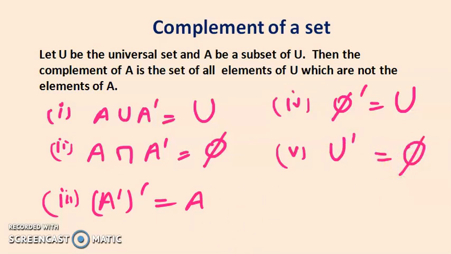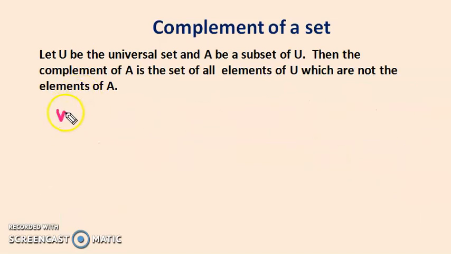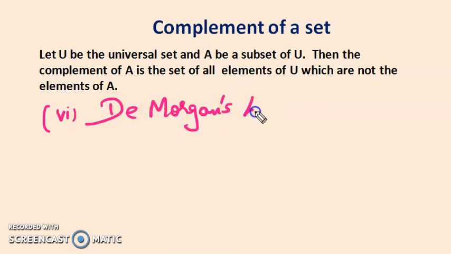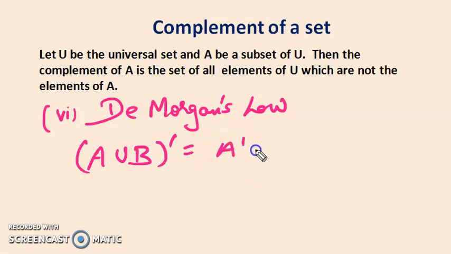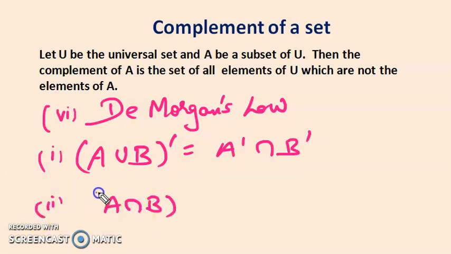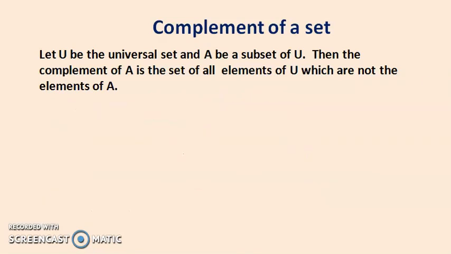Then a few more properties that we'll be discussing here, that is, De Morgan's laws. What are De Morgan's laws? The first is: the complement of A union B, that is (A union B) dash, is equal to A dash intersection B dash. The second De Morgan's law is: (A intersection B) dash is equal to A dash union B dash. These are very important laws to be proved in the complement of a set. So next we will be discussing